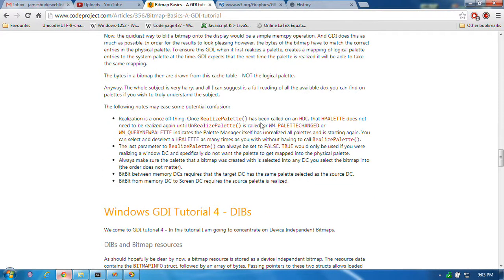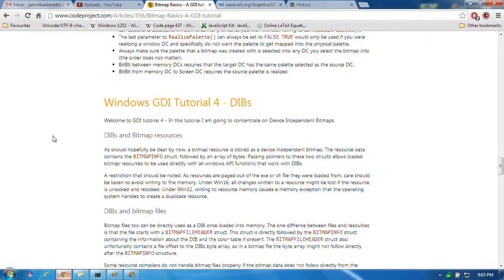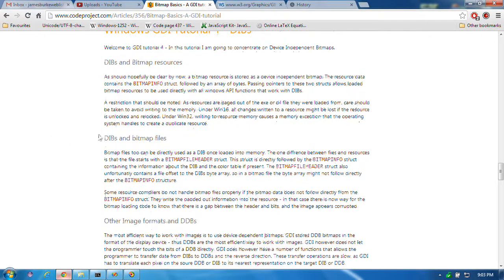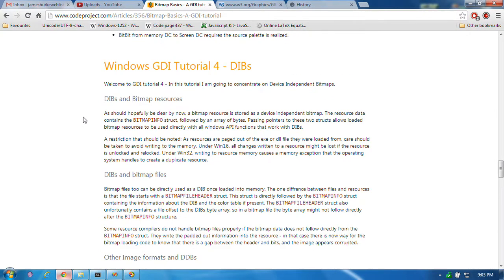Palette change. When am I going to get a palette change message? There's no palette. I don't want to realize any palette. You see, I used to program computer games. So I know what a palette is, okay? Basically, all a palette is,